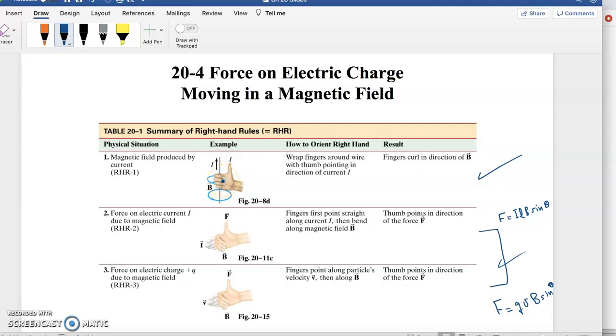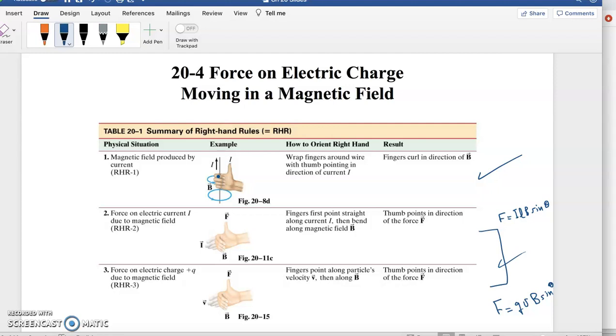Again, you point your thumb towards the direction of current, and then you curl your fingers, and that will be the direction of the magnetic field. This is easy because this is just simply the magnetic field that is produced by passing current in the wire. So you simply,